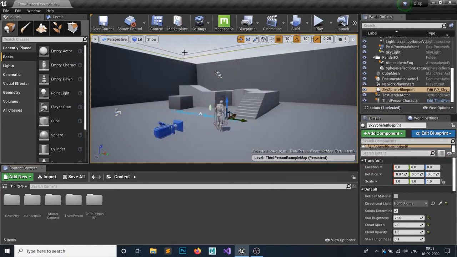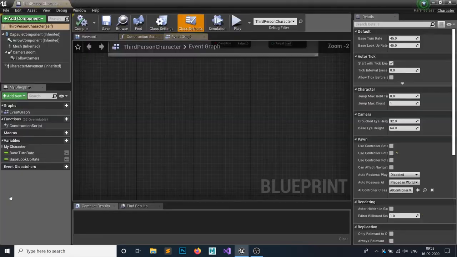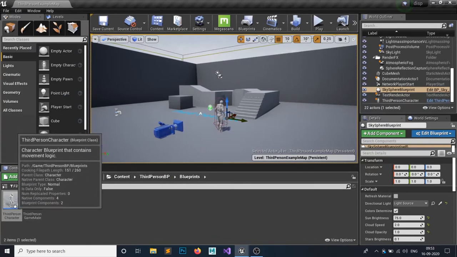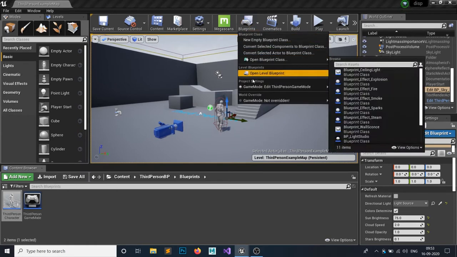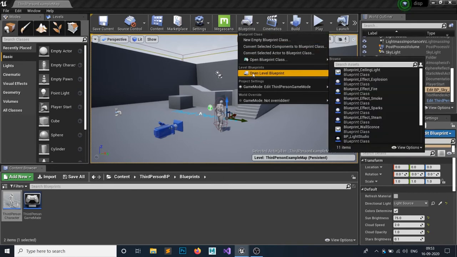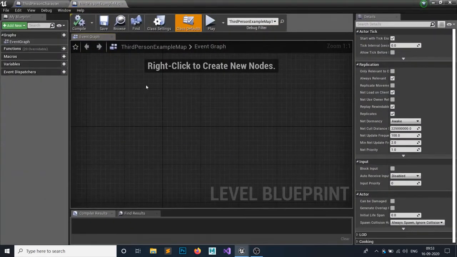There are two blueprints. First is the level blueprint, second one is your actor blueprint. If you open your content browser and click any blueprint class, this is your actor blueprint. This contains the whole actor. Whatever actor code you want to implement, you implement inside your blueprint class. The second blueprint is your level blueprint. If you click on this blueprint button, you can see Open Level Blueprint. Both will open the same way.